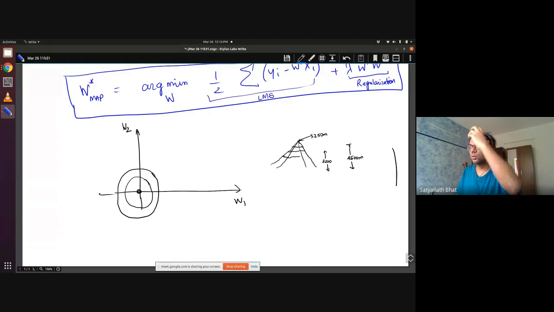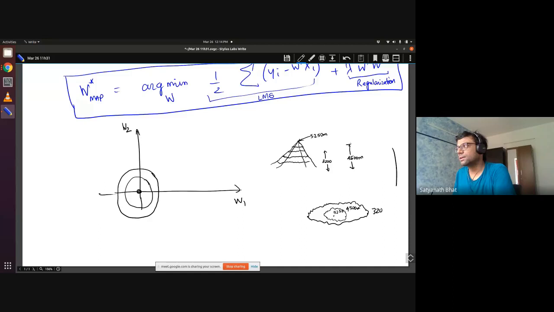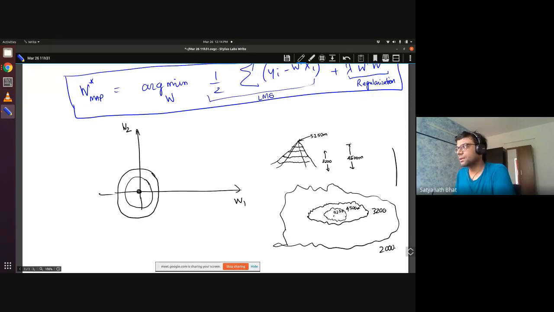While doing this cartographic exercise, they will go and measure these heights. Now when you look at it in the proper map in your atlas, there will be a point which is 5250, and then a jagged line at the next height, which is 4500 meters, and likewise one more jagged line. If the mountain is like this, you will see something like 3200, and then you may have a more complicated shape at 2000 meters. So do you understand how you get contours?